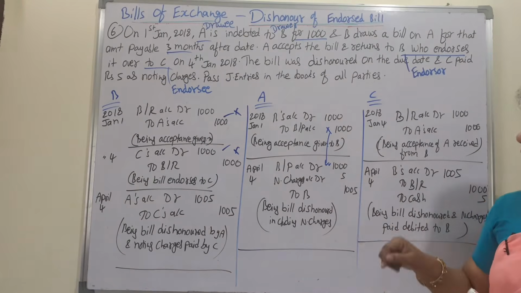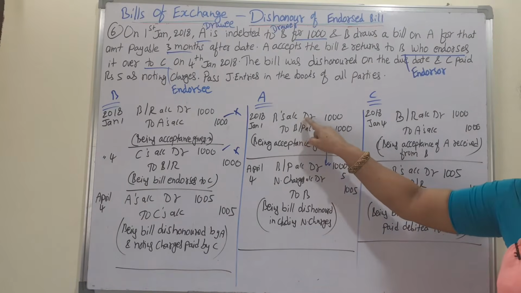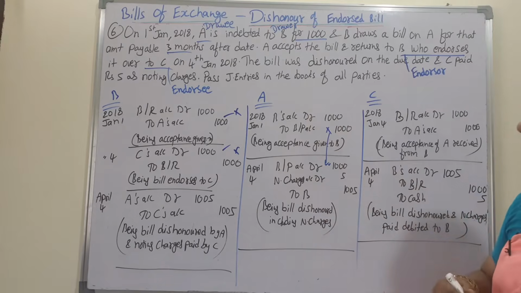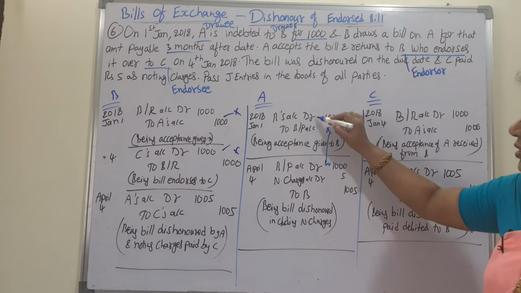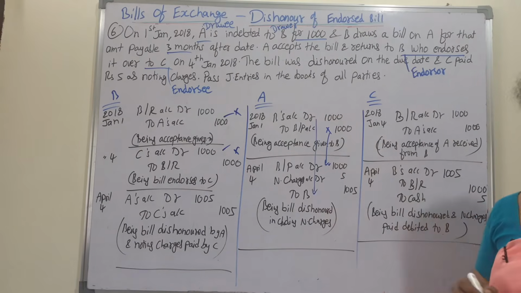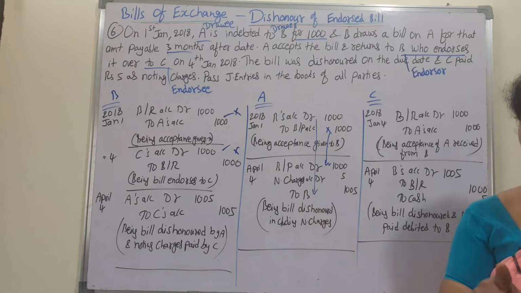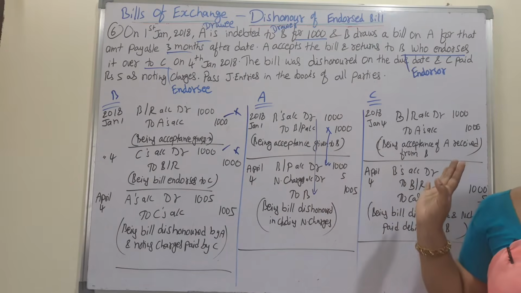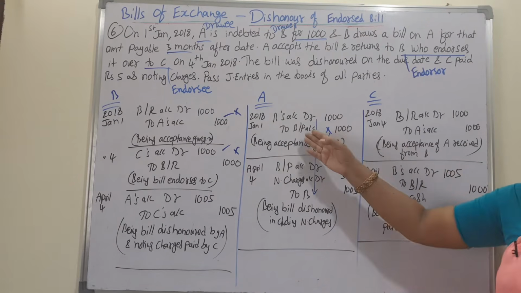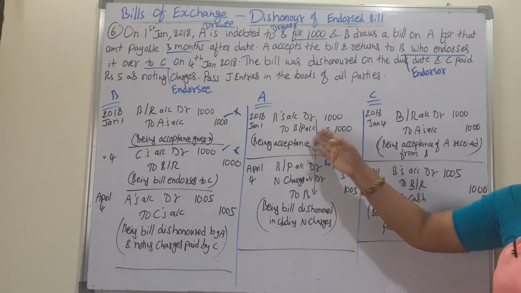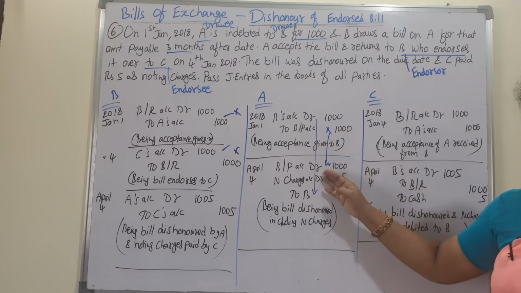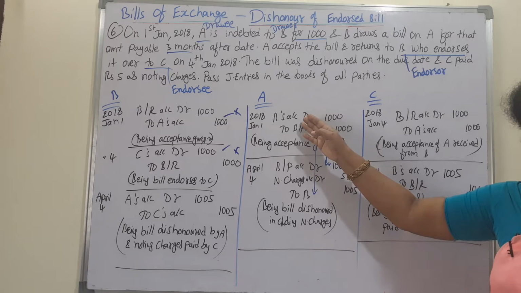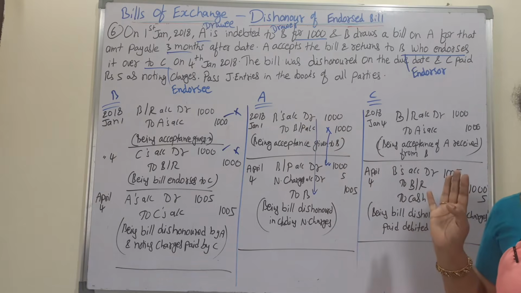Credit to debit side, and B is also debited. B is debit to credit, we will write just the opposite. We discussed this in the previous class also. When the bill is dishonored, the honored entry will be reversed. The honored entry was bills payable on the credit side, so here it comes on the debit side. B was on the debit side, here it comes on the credit side.